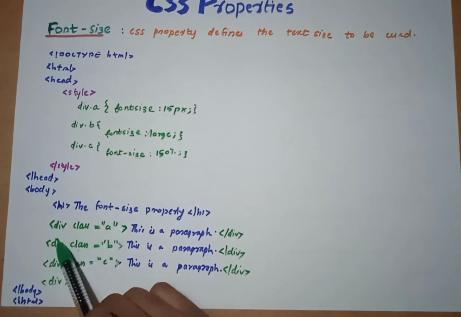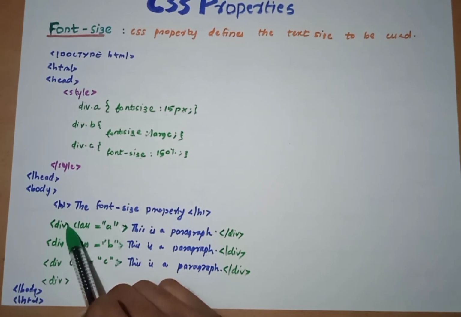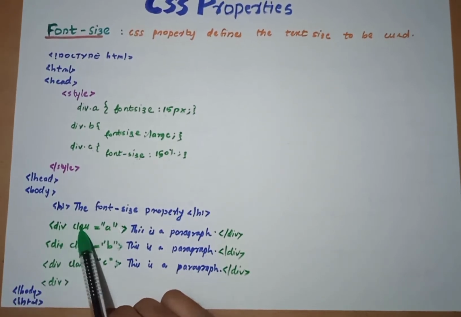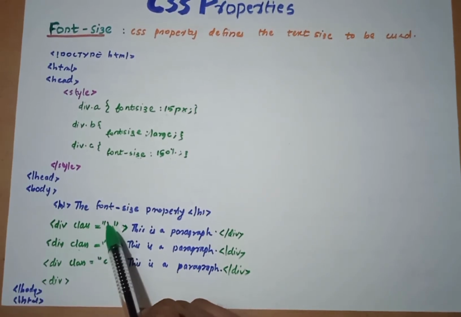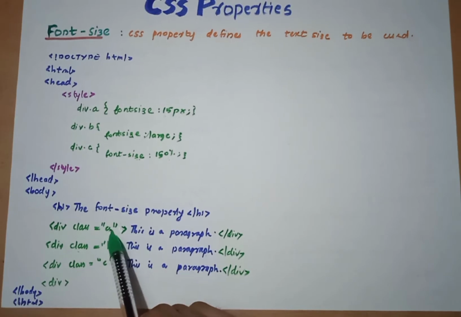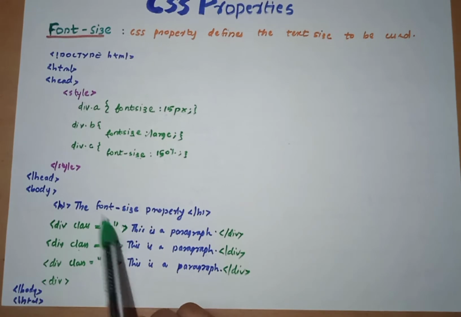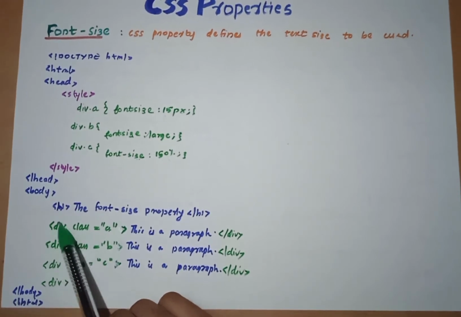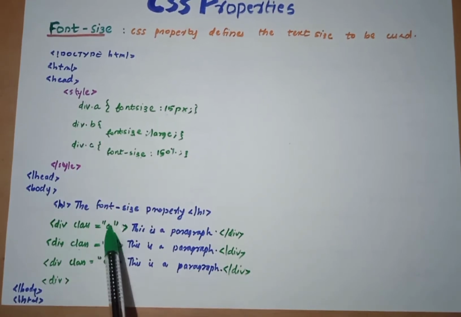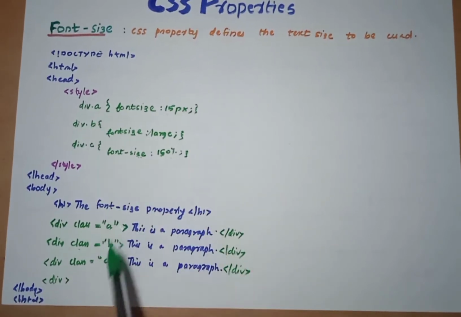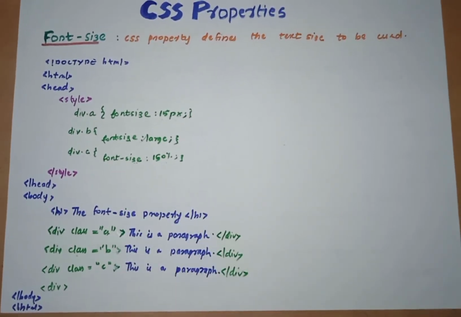Which element can it be? It can be a paragraph, a heading, anything, that never matters here. It needs to be called using class is equal to, and whichever style you need should be mentioned. For that you have to add both the value as well as the element together, then only it can access the class property I defined. So that's all about the selectors too. Let's get into our next CSS properties.